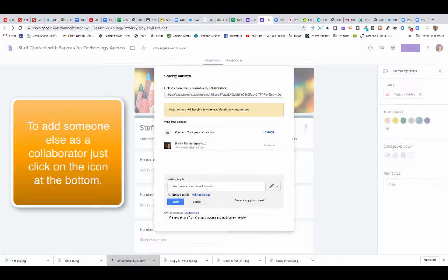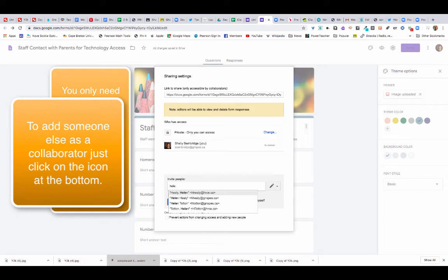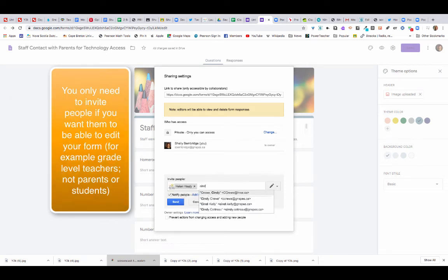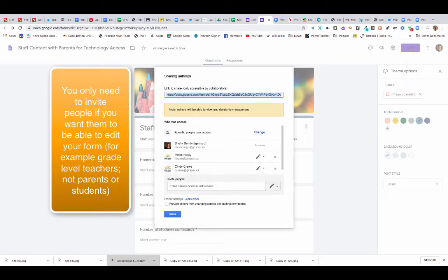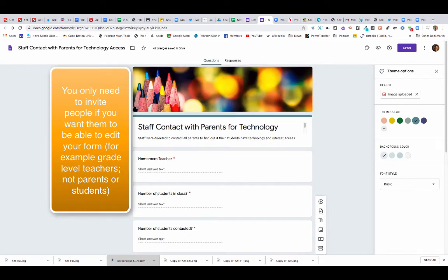I'm going to add Helen, and I'm going to add Helen's GNSPES, and I'm going to also add Cindy and her GNSPES because I want them to be able to edit this document and use it to help them. I'm going to click done, and then I'm going to send it as an email as